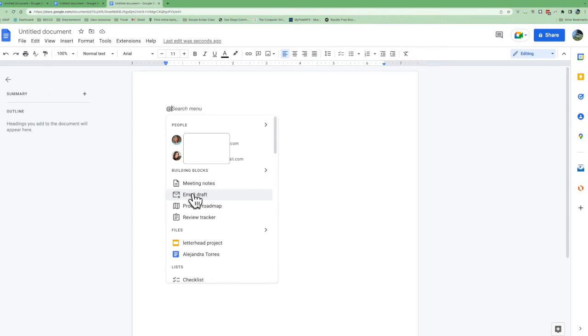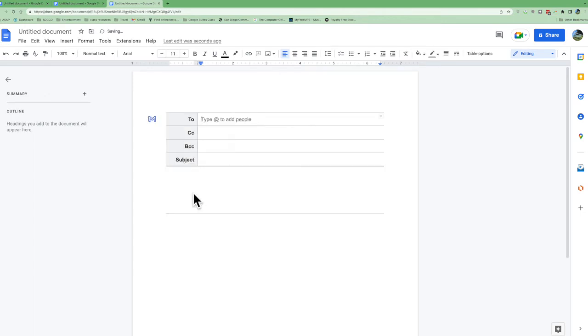When you go to at email draft, you're actually able to craft an email right here in Google Docs. I can type to a particular person, address it right away. I can put my subject matter in, all about my party that I'm creating, and I'd like to invite you to my party. And this is nice because I didn't have to jump out of Google Docs in order to